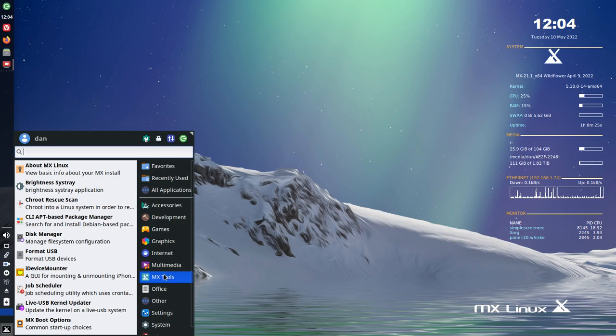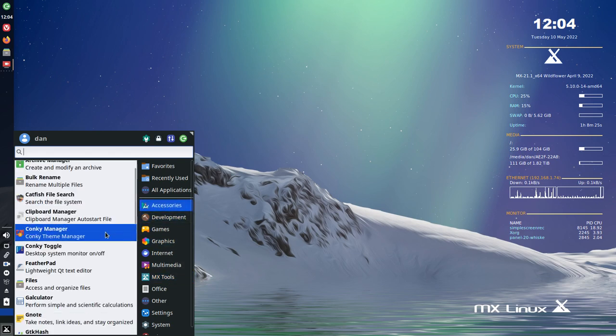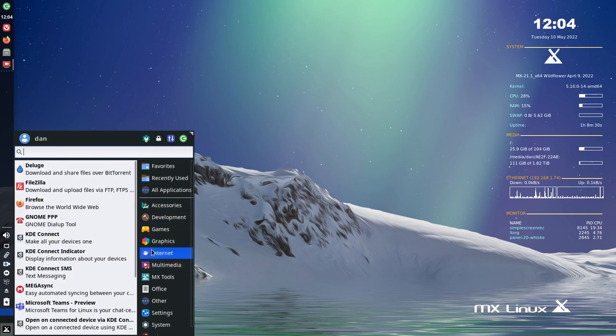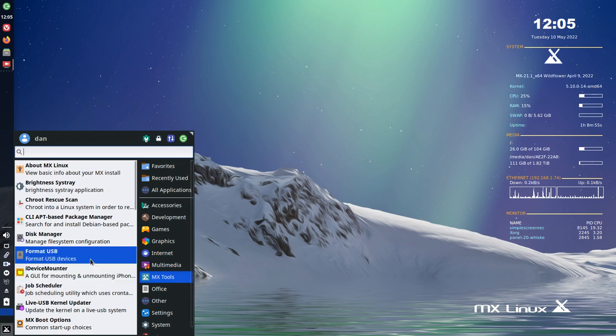Let's see, where is that? I can't remember where KDE Connect is. It might have been, yeah, there it is, Internet. So you have the KDE Connect, which is the actual app. Then you have the indicator, which puts the indicator over here in the panel here, and then you have the KDE Connect SMS, and so you have to make sure and download all three of those so that you can get all the functionality of KDE Connect, which is cool because you can see your text messages,